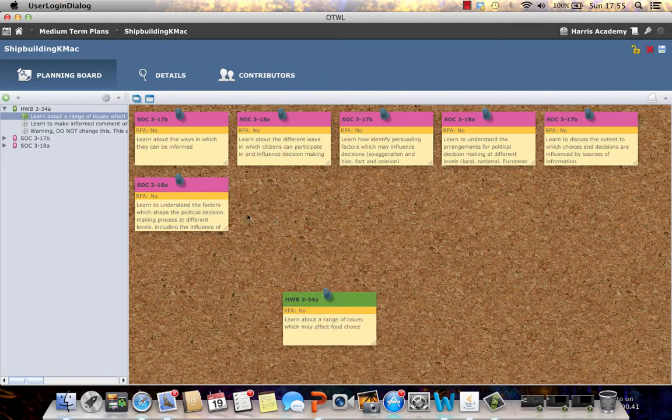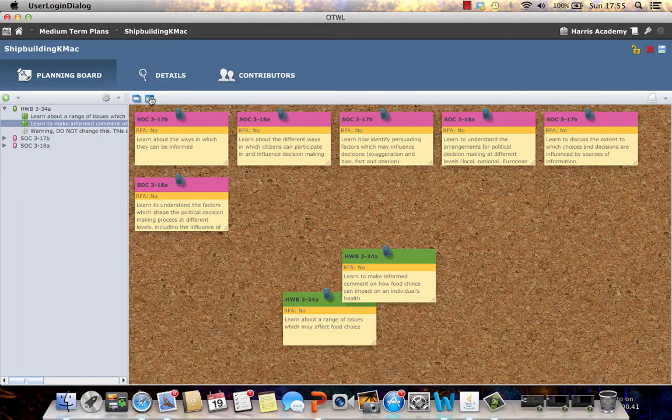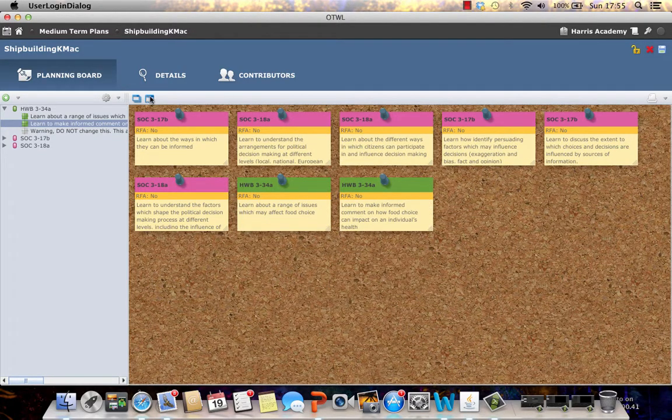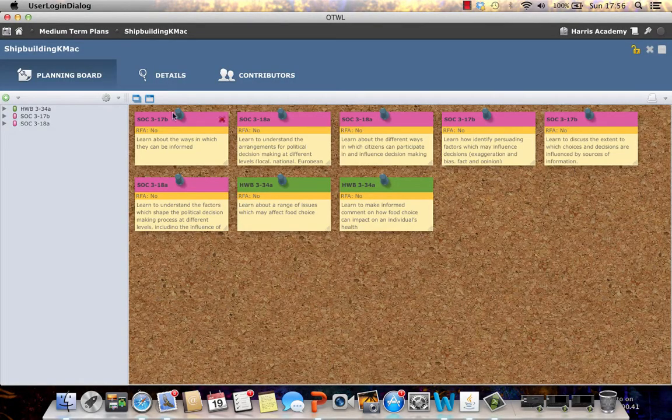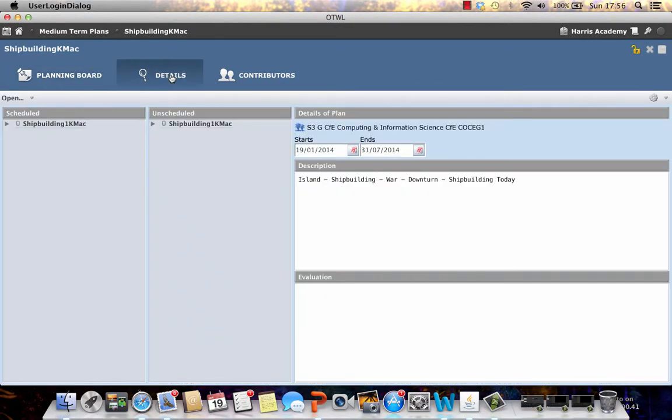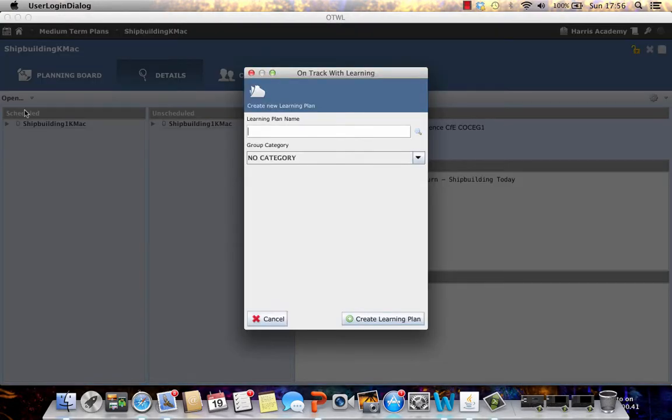So that's the experience and outcome. I want to just add some of the intended learning. Okay, I'm going to save this and then go to details so that I can create my learning plan. And then I'm going to go to the icon that says open and click on new learning plan. I'm going to call this ship